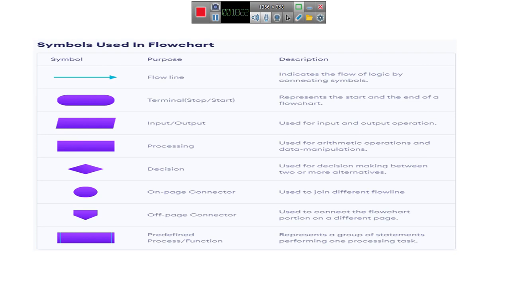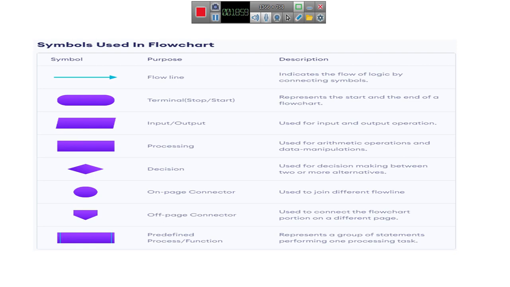We are going to read two numbers, a is equals to some value and b is equals to some value, using the input symbol. And c is equals to a plus b is the process, that is the process symbol. Process symbol, clear? And the next one is the output symbol, which is the same: print C or display C, right?